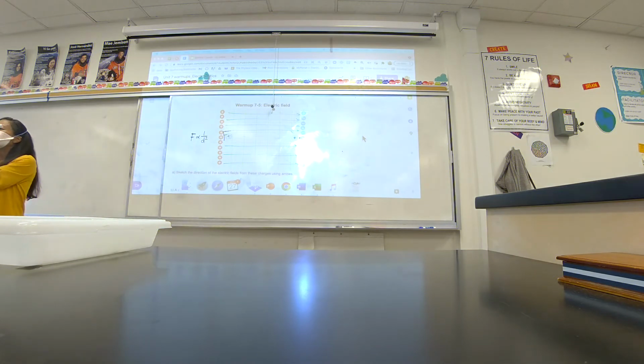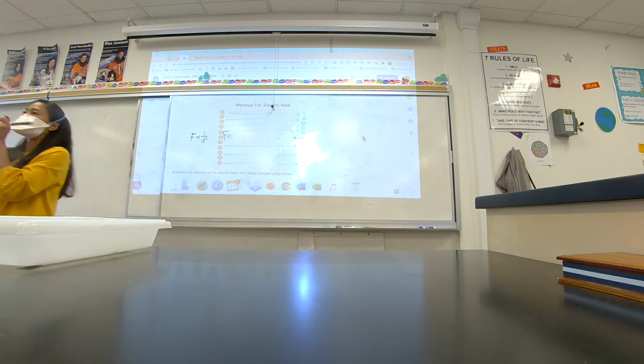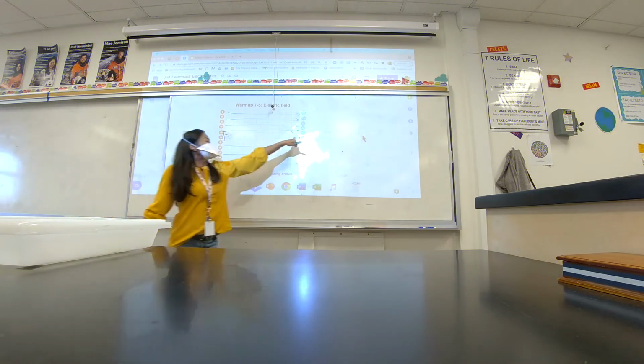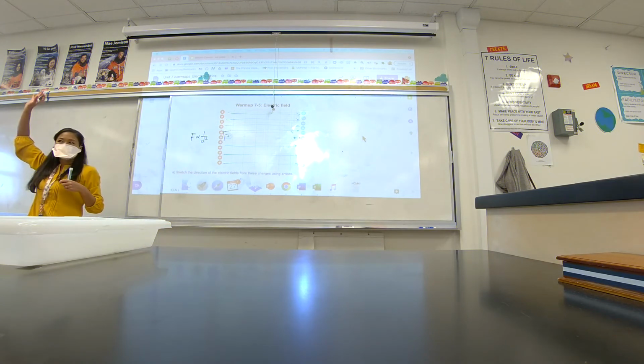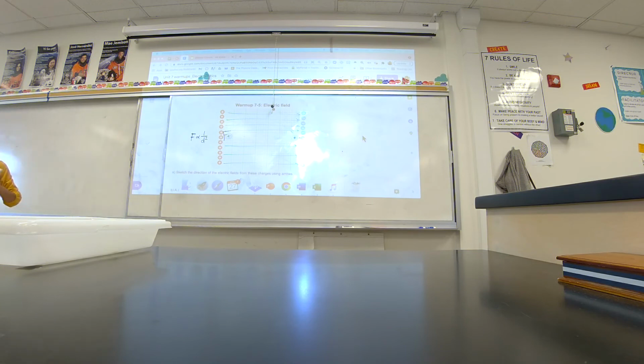And if you hold those two charges together like a magnet, you are storing potential energy in these two charges, and by storing that potential energy, it has a capacity to create a large change. Or in this case, it would create a large kinetic energy. It would move much faster from here as opposed to here. Does that make sense? Introduction or connection between our energy unit and our electricity unit. Last question